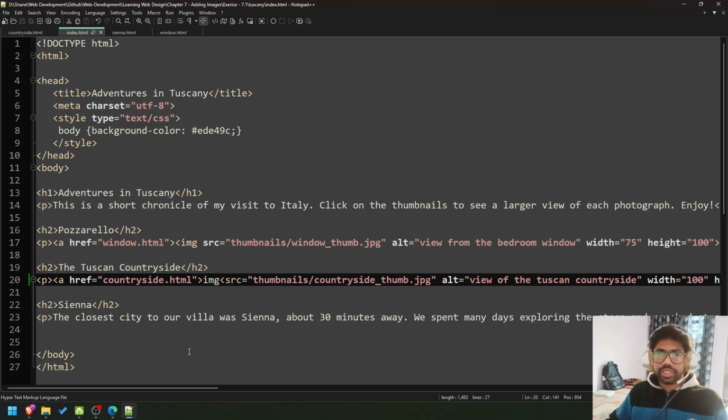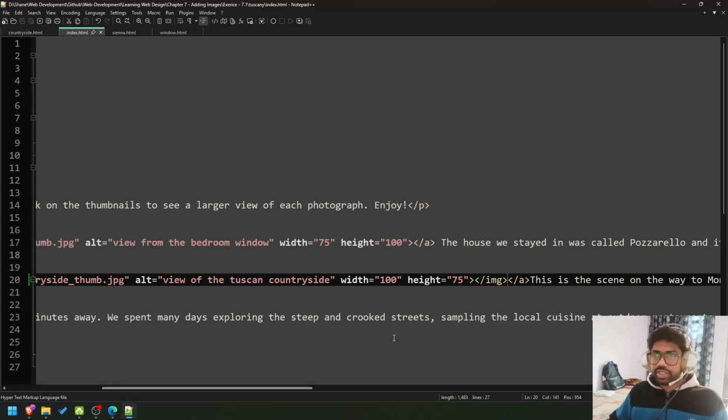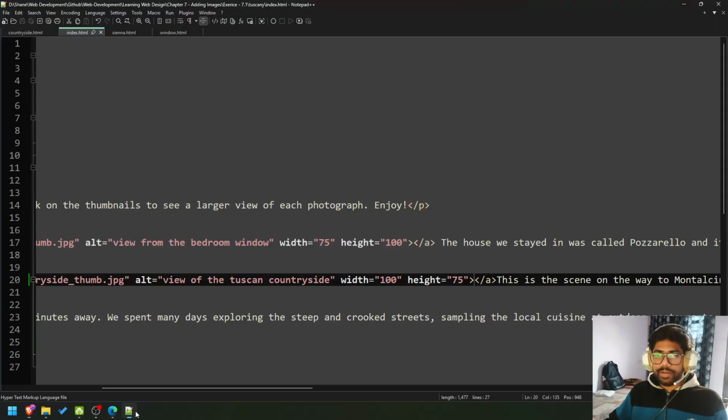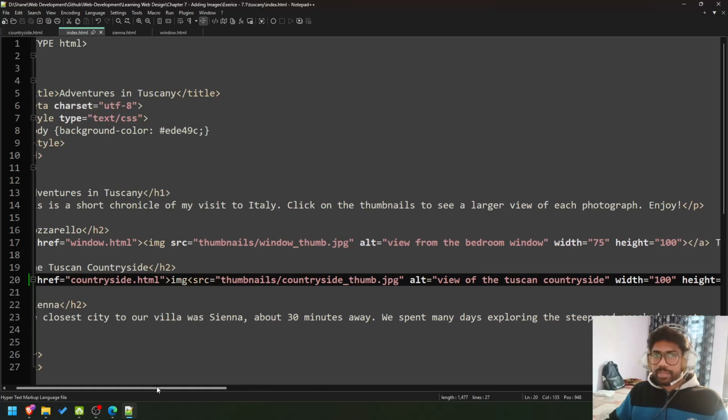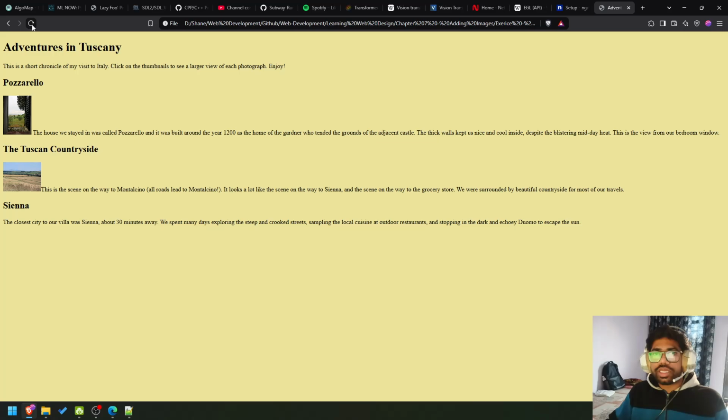Okay, image doesn't have a closing tag. It is a single tag. My bad, sorry. Image tag, it is an image tag, and now we have this, and I can open it,